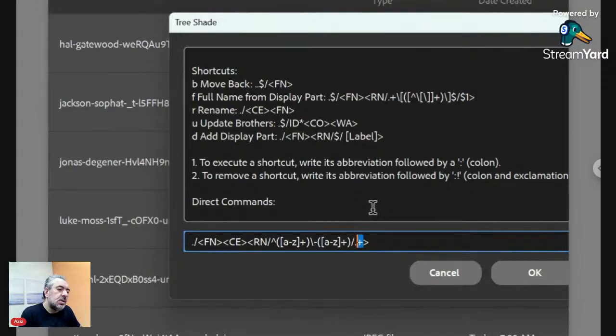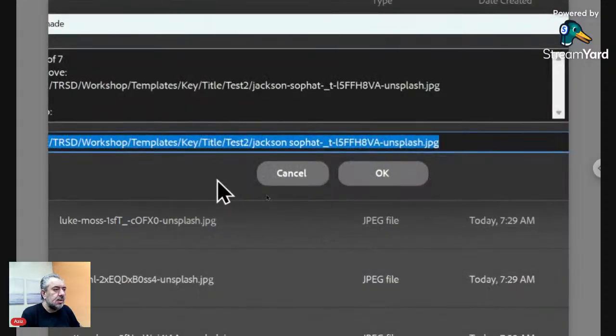No, I want here $1, the first group, space, $2. Okay, that's it. Let's click OK. Okay, now what we see here,